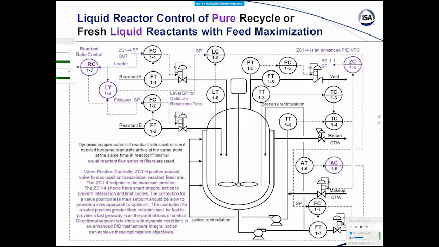reactant ratio controllers. And so I like the terminology of leader and follower. And usually there's one leader and there could be many followers. And so you have the production rate telling the leader what to do, and then the followers go in consistent with that. And you want the filters such that they can all work together in unison and not create any temporary unbalances.